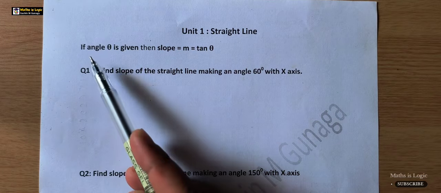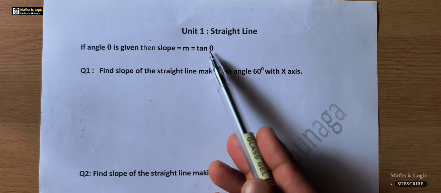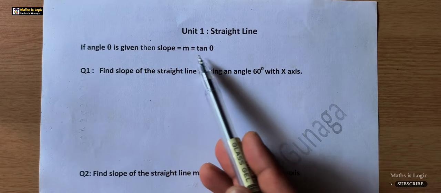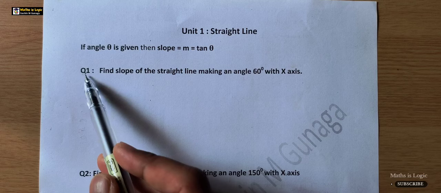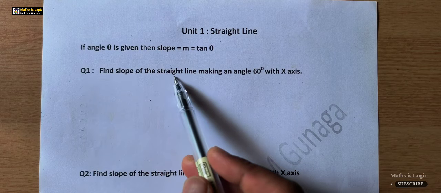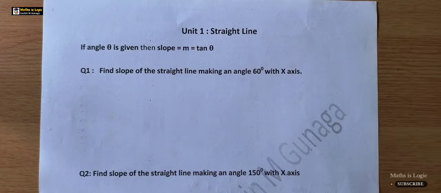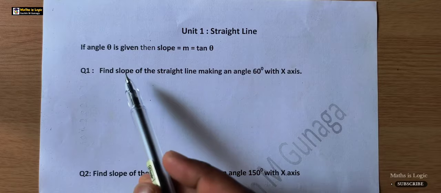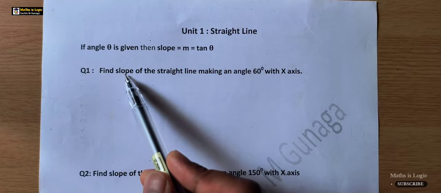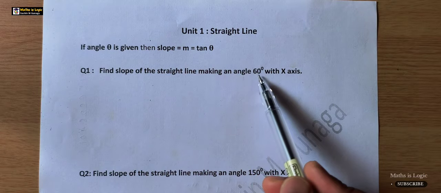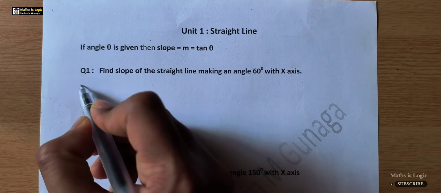So first one, if angle theta is given, that time slope formula becomes m is equals to tan theta. Using this formula, how they will ask the question? See, question number 1, find slope of a straight line making an angle 60 degree with x-axis. So in this question clearly they have mentioned to find out the value of slope when angle theta 60 degree is given. So if you want to solve this,